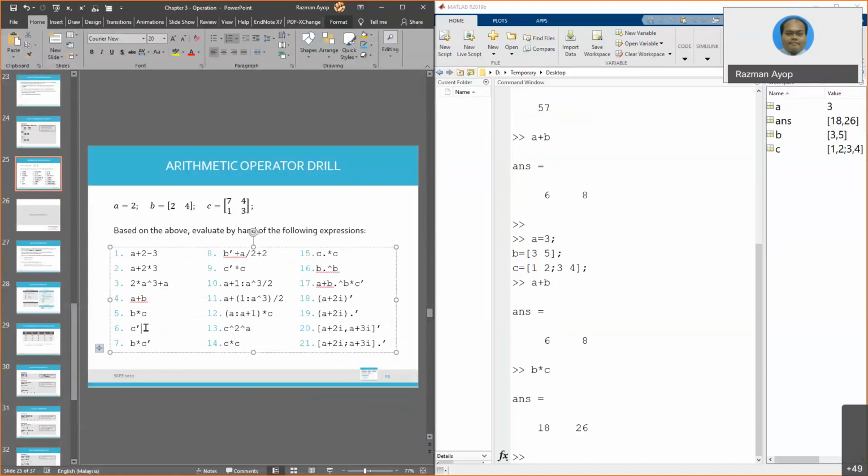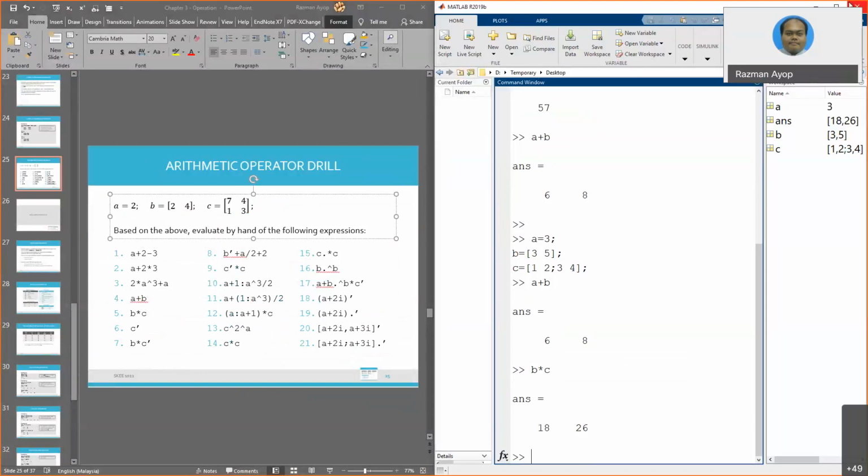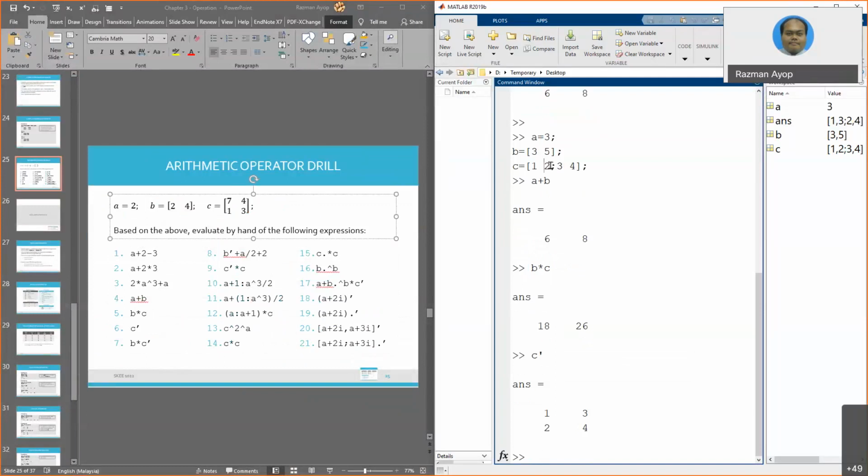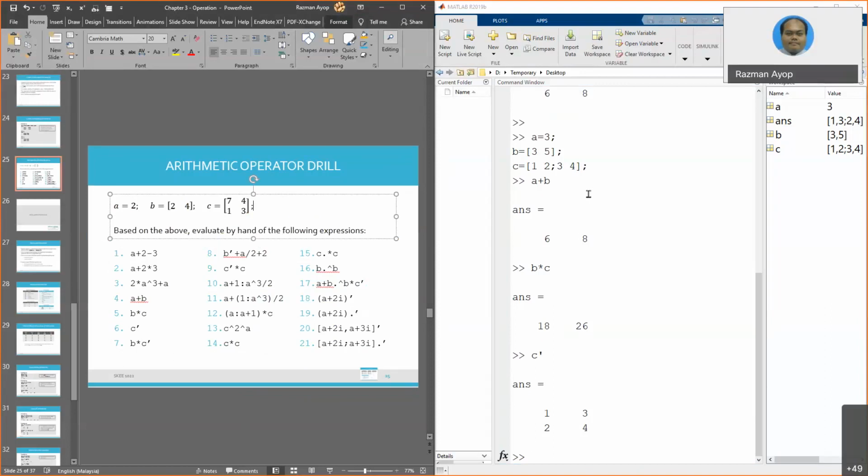Okay, C transpose, of course, this one. When you transpose C, basically you just flip this. 2 and 3 is flipped. Flip at the diagonal. So B multiplied by this one is